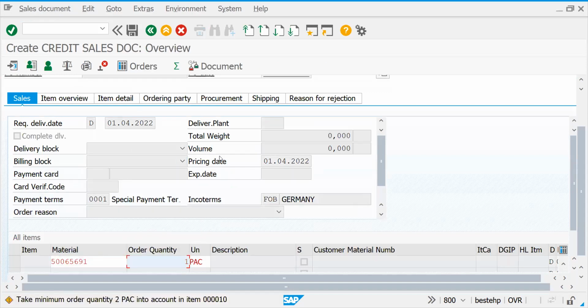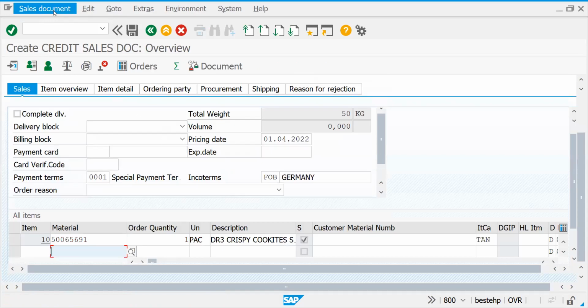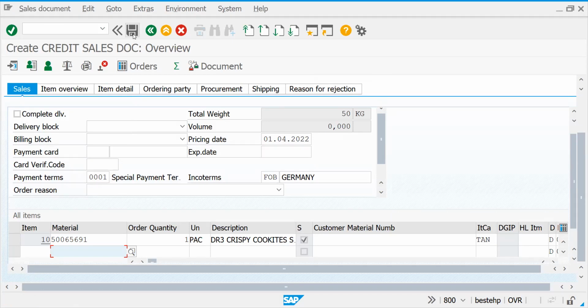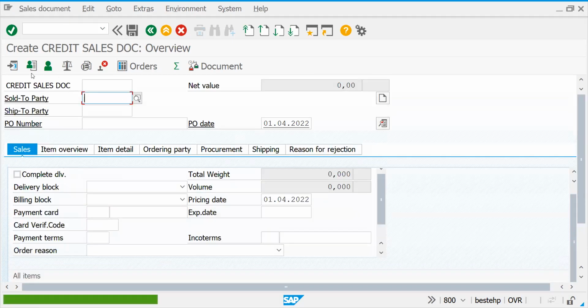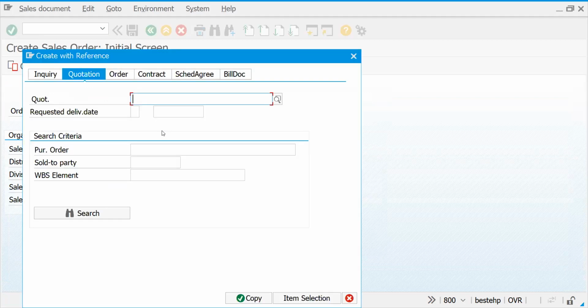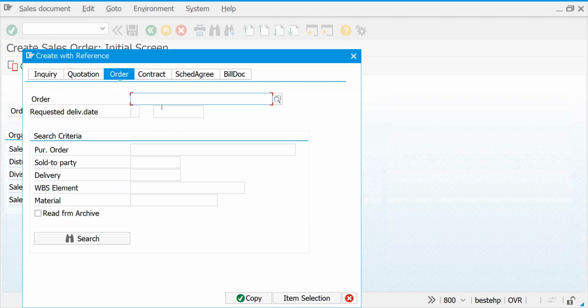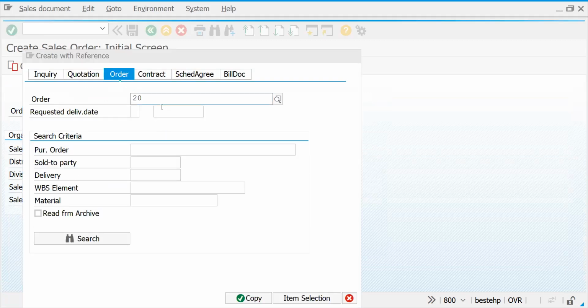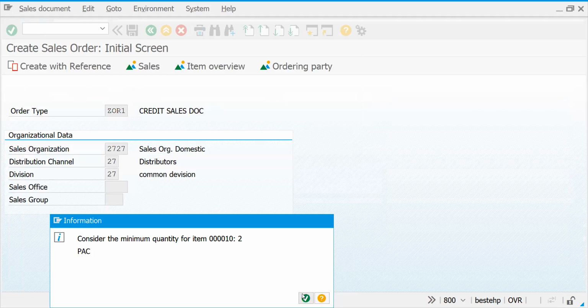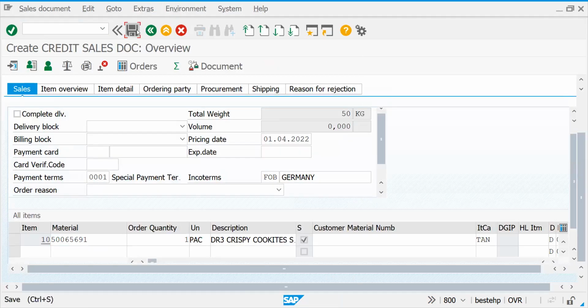Okay, let's copy this. Let's try to save this. Okay, so 20414. Okay, just copy this. Let me save this